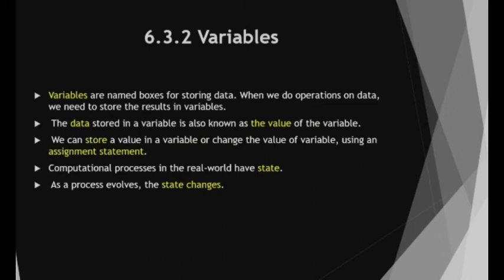For the addition of two numbers also, we take one variable, sum. That variable is used to store the result of the given numbers. The data stored in a variable is also known as the value of the variable. If we are assigning a equal to 5, b equal to 6, then 5 and 6 are known as the values assigned to the variables.